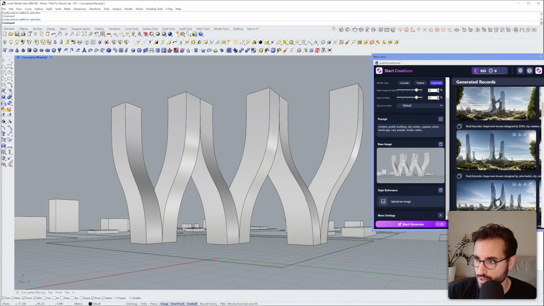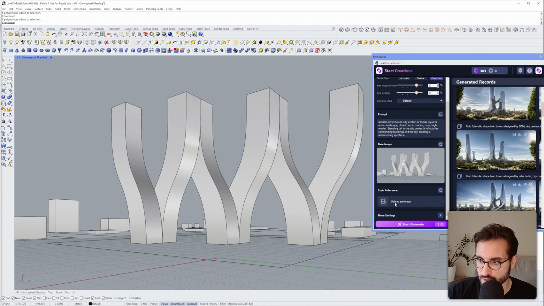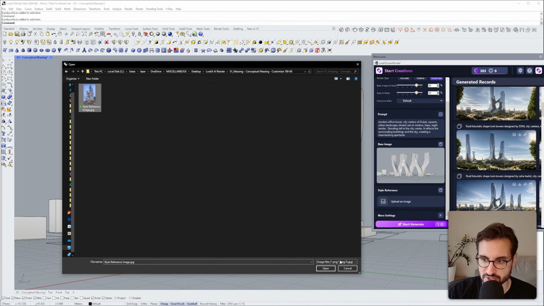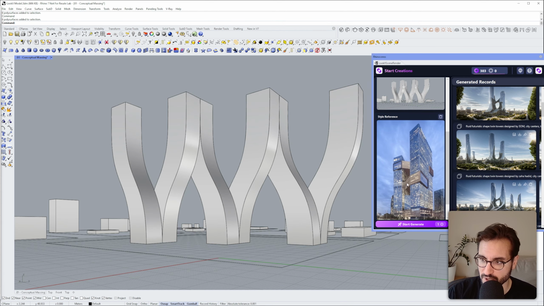Okay, and I will copy and paste it here. Modern office tower, city center of Dubai, squares, urban landscape, blur cars in motion, trees, night render, standing tall in the city center, and so on. All right, so now I'm going to upload an image. This will be the reference image, the style reference image. I will upload it here,